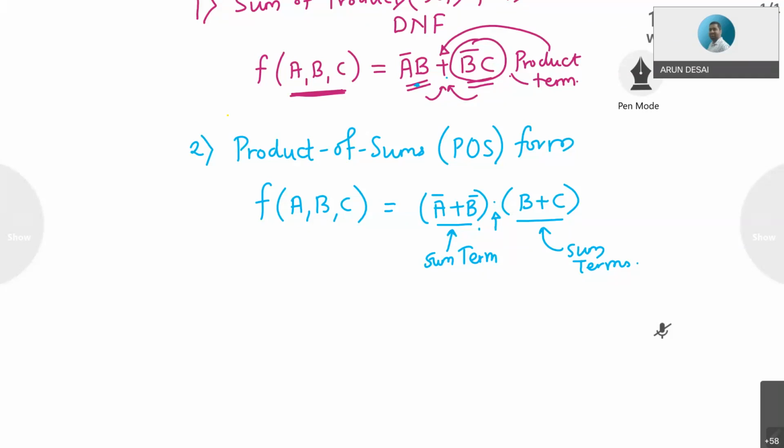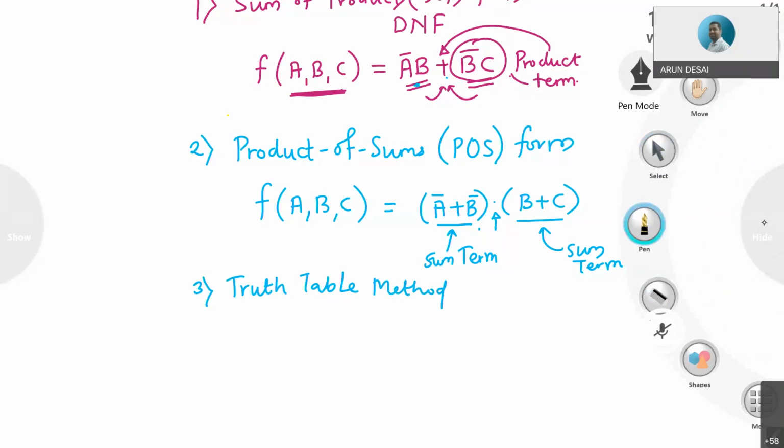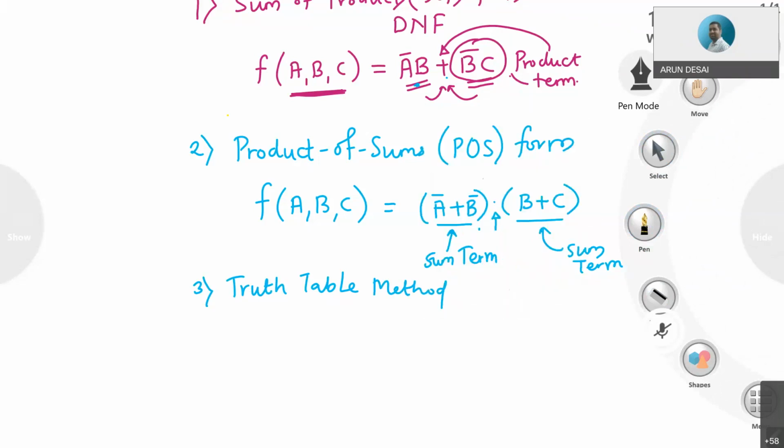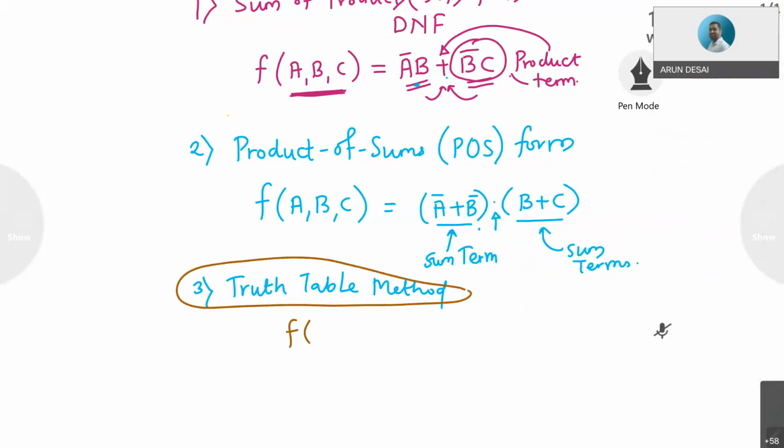Then third is truth table method. In this, if the function of a, b, c is a complement b and b complement c, how is it denoted in